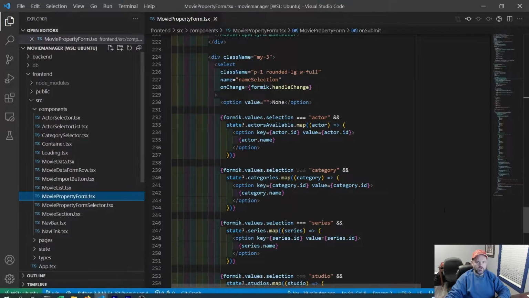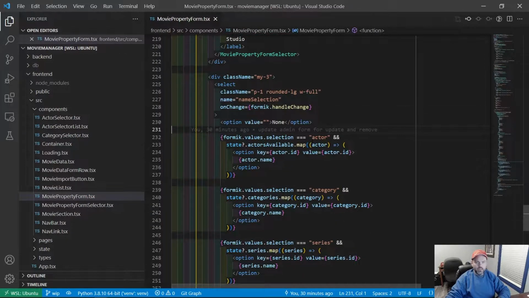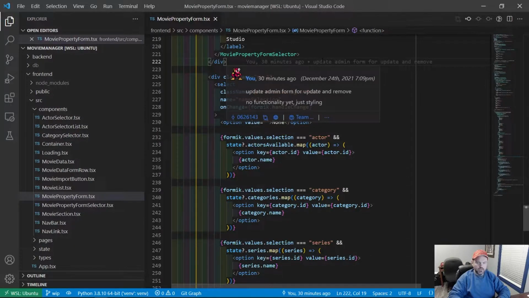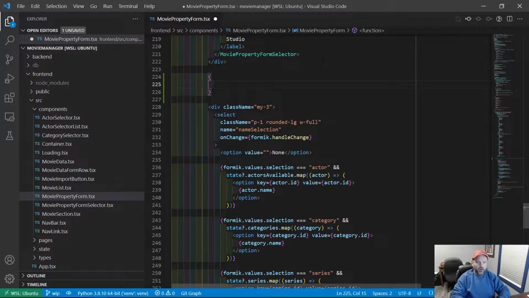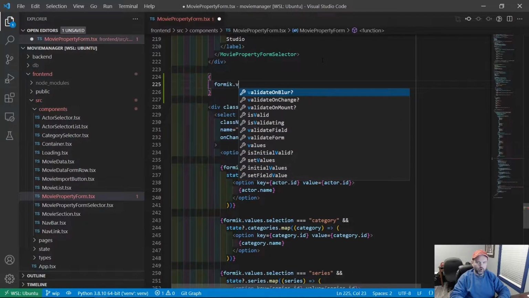So let's go into VS Code. I did rename the component to movie property form because it no longer made so much sense for it to be admin add form when we'll be able to remove and update things soon. So here is our select box. So let's say I only want this rendered if